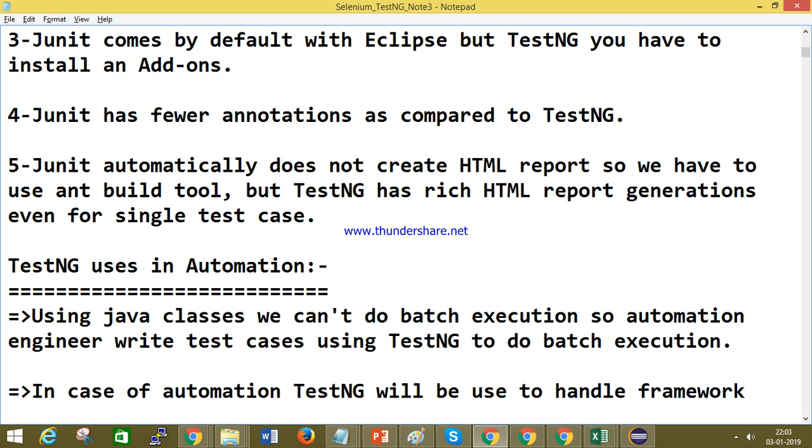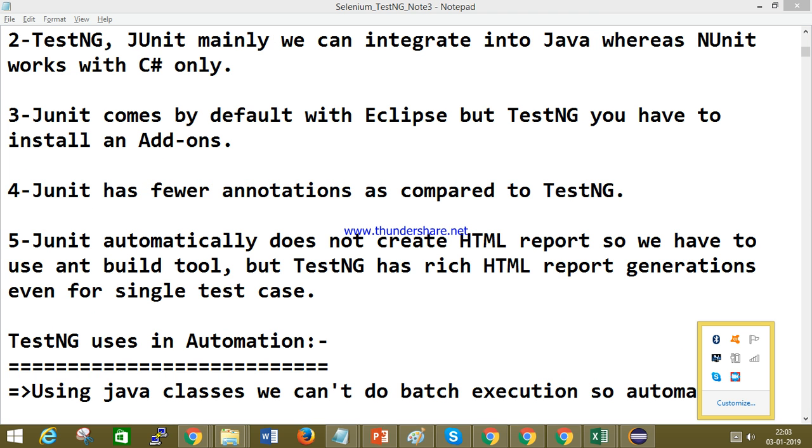Okay, then I am stopping here. I will continue this, but the thing is that I